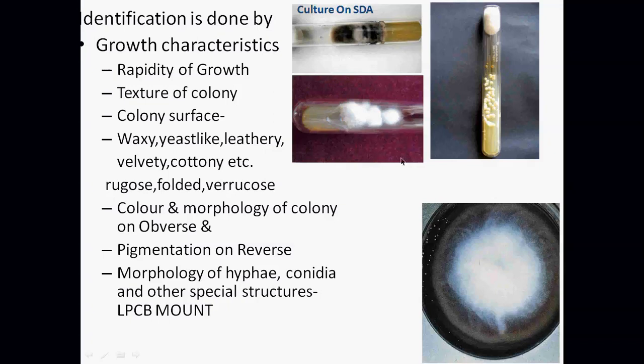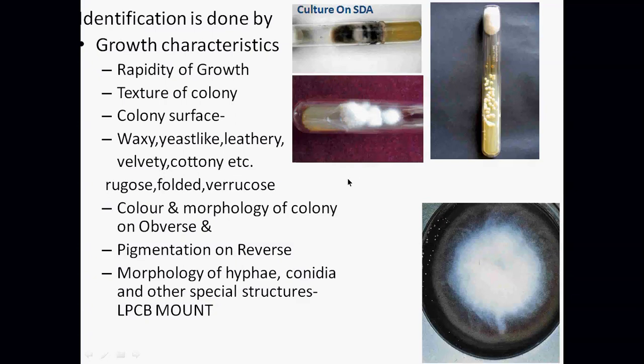The front part of the Sabouraud dextrose agar. Now this Sabouraud dextrose agar can be prepared in tubes as shown over here. These three are the tubes of Sabouraud dextrose agar, or this can be prepared in a Petri plate. So this is Sabouraud dextrose agar in a Petri plate. The front part is known as the obverse part and the opposite part is known as the reverse part of the fungi. So these all are obverse parts.